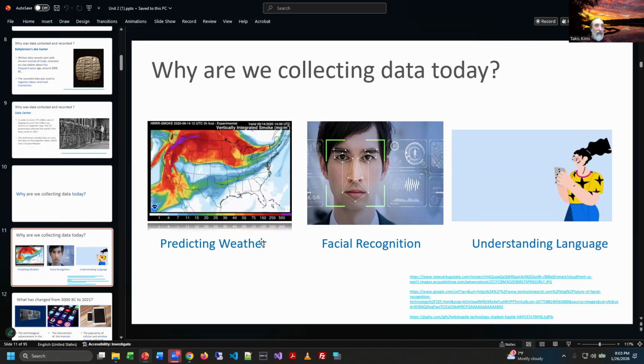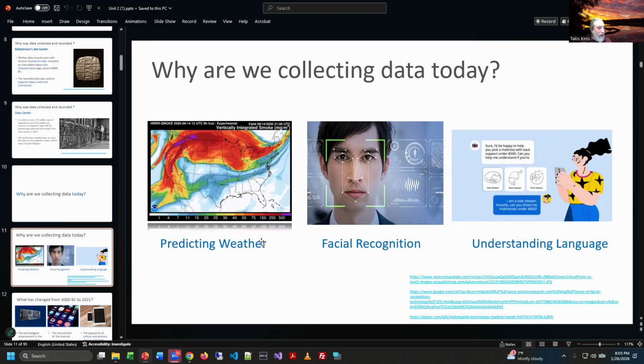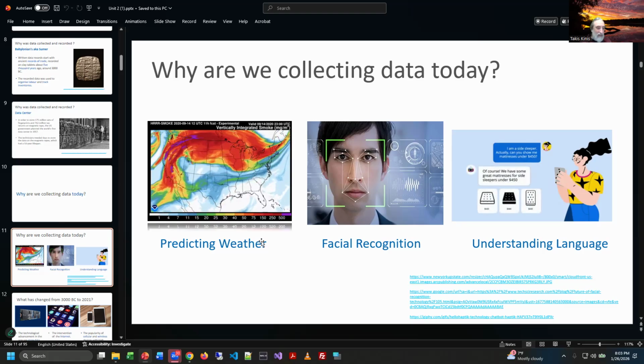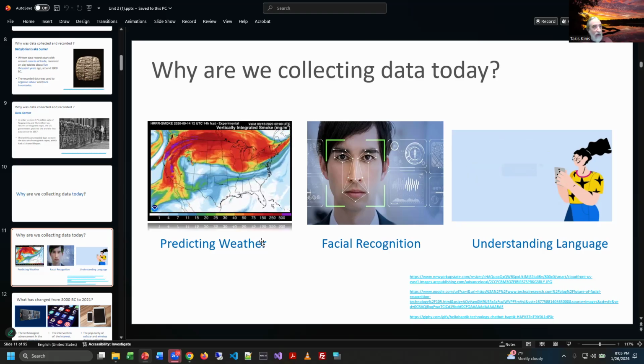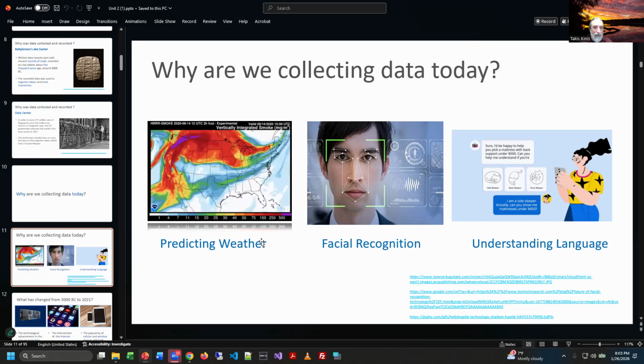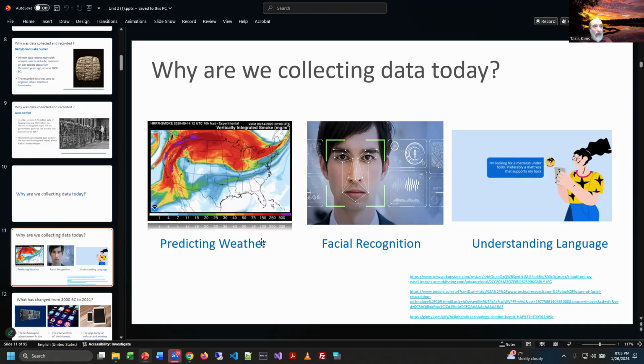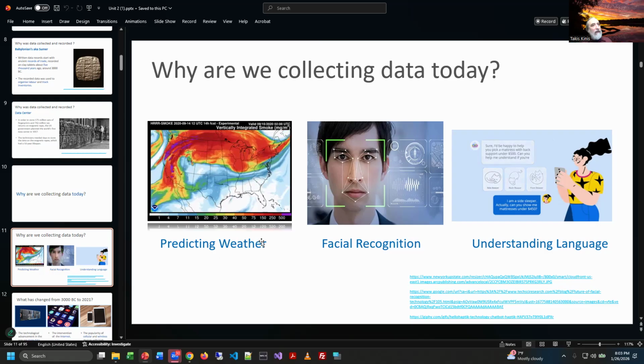They use the data for facial recognition. Very interesting. There are technologies like this. So you can unlock your smartphone with your face, right? Some of us do that. You can walk into an airport, and if you're a terrorist and you're in the terrorist database, they probably have a picture of your face, and they scan at airports for people that are known terrorists. For real, they do this.